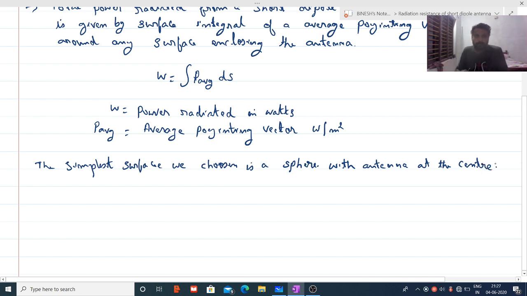As you know, we are normally taking the spherical coordinate system only. So we are taking the sphere, keeping the antenna at the center of the sphere, and based upon this we are calculating all the other components related to r, theta and phi. Here, the far field equation of an antenna, as we know, we have calculated the far field components as well as the near field component.